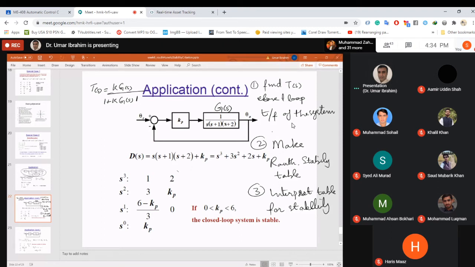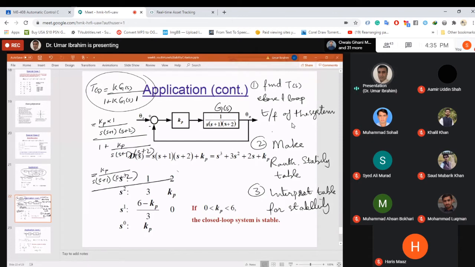Into 1 divided by s into s plus 1 into s plus 2, divided by 1 plus kp divided by s into s plus 1 into s plus 2. That comes out to be kp divided by s into s plus 1 into s plus 2, divided by